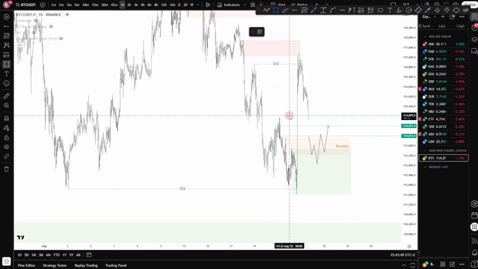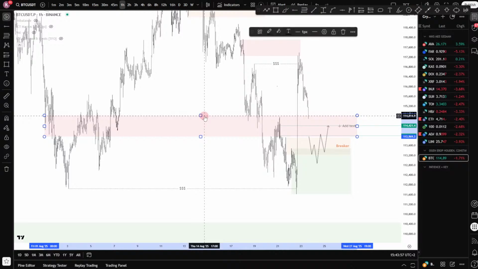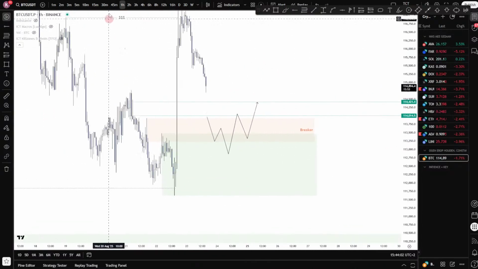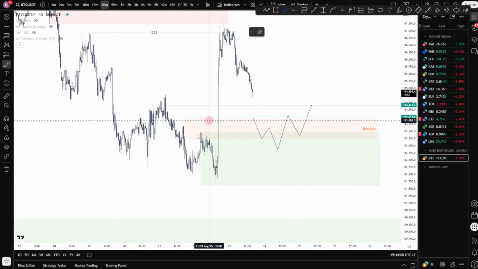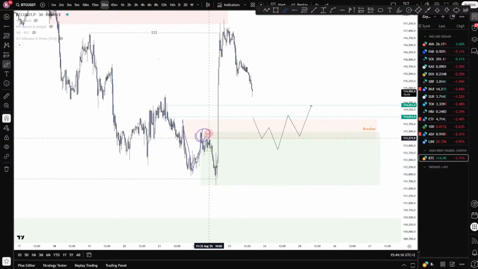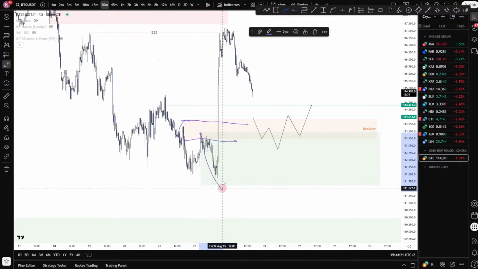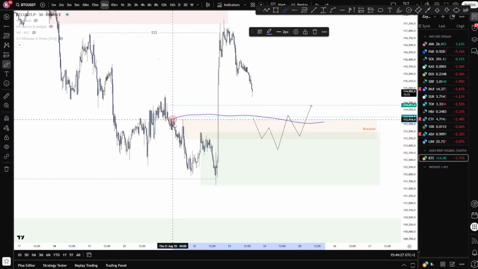I would see this as a support resistance, because if you draw in a zone over this, you can clearly see the support and resistance there. But I would not specify that as my breaker, because I want the part that made new lows. You've tested this, and that made new lows. This block was the last thing that pushed you towards new lows. You absolutely smashed it, you never came back there, so there's liquidity to pick up here.